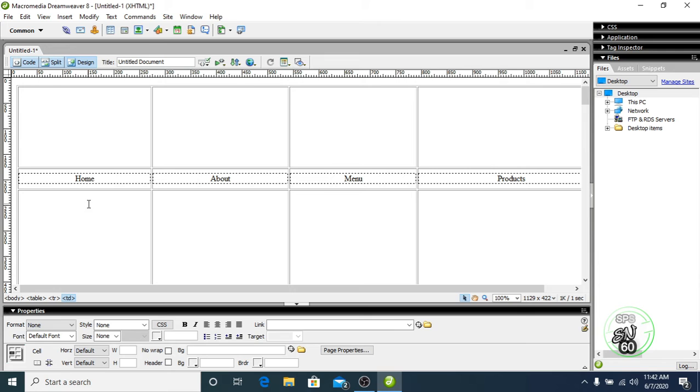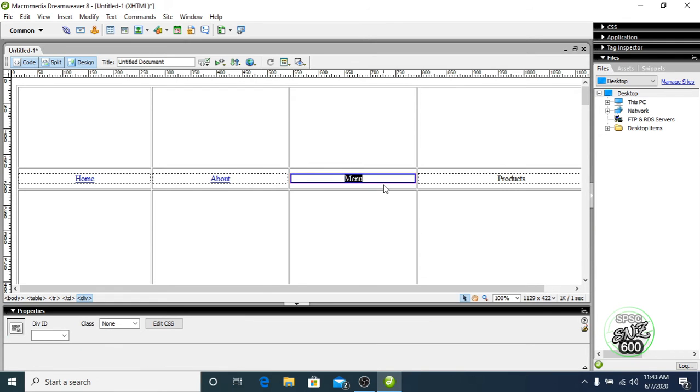After creating my tabs, I want to make links so that when someone clicks, it will take them to the home page. So right here, write home.html, select the name, look, it has become blue, so the link is created. Click on about and write about.html. It will take you to the about page.